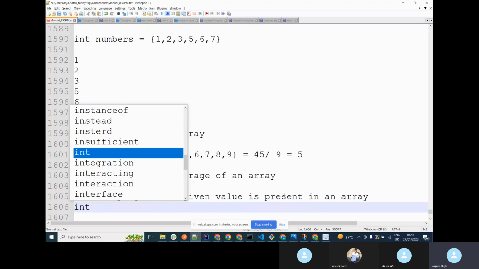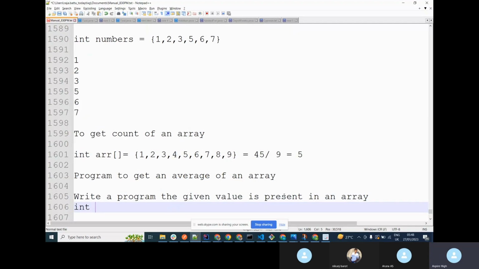Suppose I am given an array like this: int array is equal to 1789, 2035, 1899,